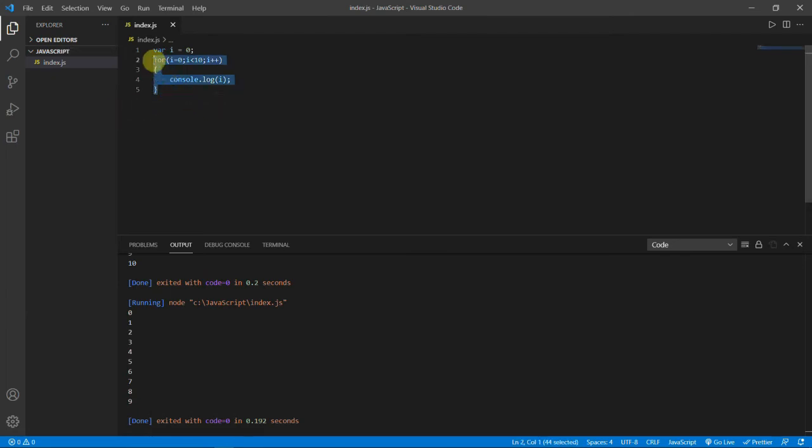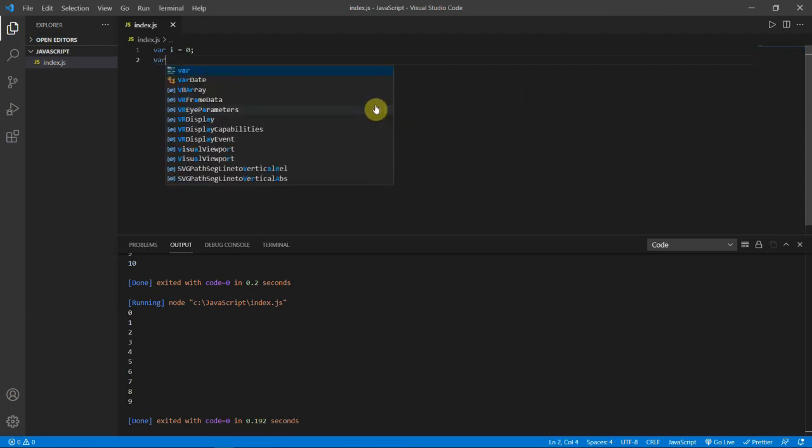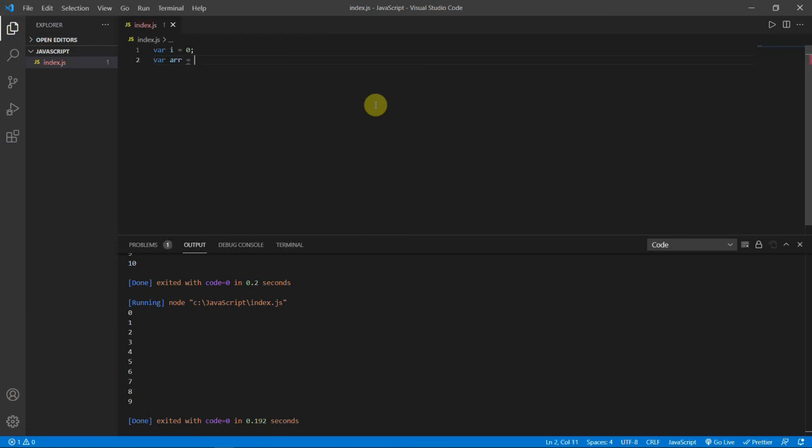Now we have two more types to use with the for loop, so let me tell you about that. I'll create an array, where arr equal to new Array, and inside this I'll give the values 1, 2, 3, 4. Okay, let me give it 7, 6, 5, 4, 4, and then I will just remove this variable I. Okay, now we have an array.